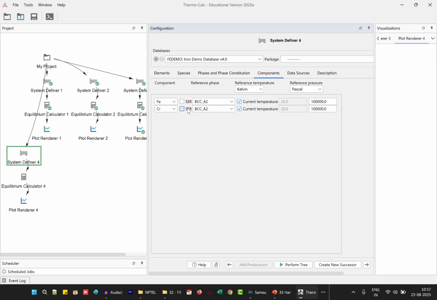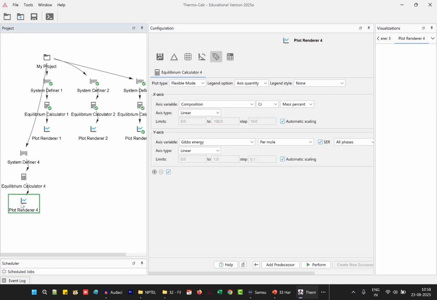Once we uncheck it, we get the reference phase appearing here. The reference phase is going to be BCC_A2 for both the elements. Reference temperature, current temperature is checked, we can keep it. Pressure, we will not change now. That's all.